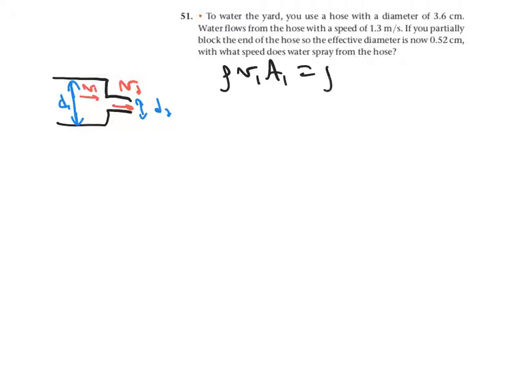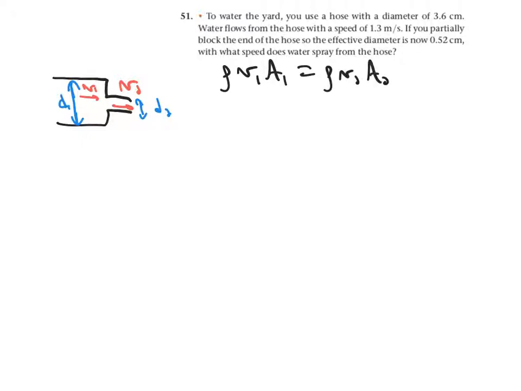So let's do a really quick sketch. We've got something, and then we're going to restrict it. I don't know if that's really a good picture for my thumb, and we know this is diameter 1, and this is diameter 2, and the water is flowing with speed v1 here, but then it flows out with speed v2. And the equation of continuity tells us that the density times the velocity times the area is constant,